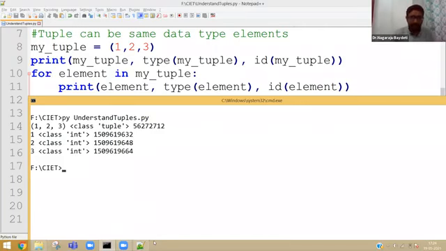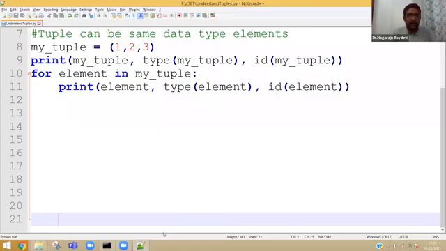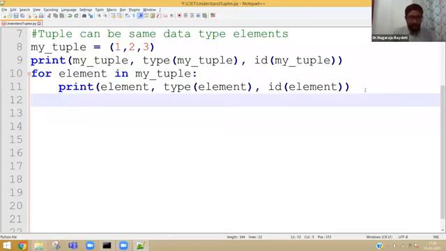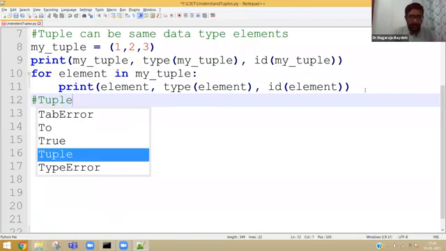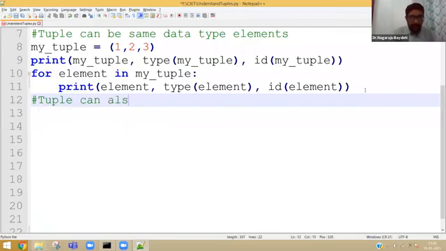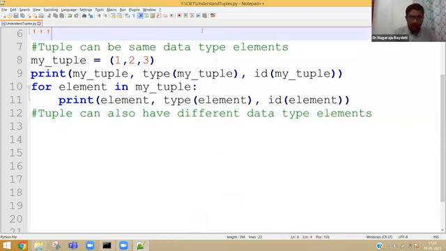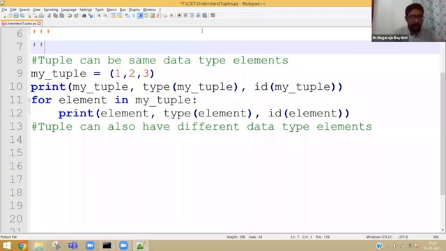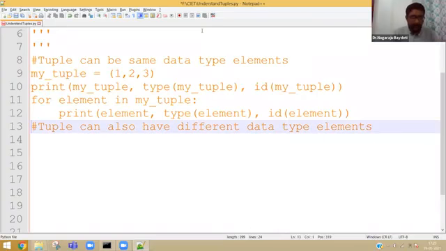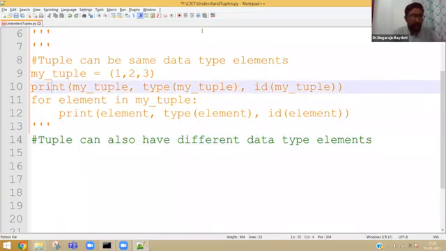Okay. Now, obviously, a tuple can store multiple values. A tuple can also have different data type elements. For that, let me take another segment of code.